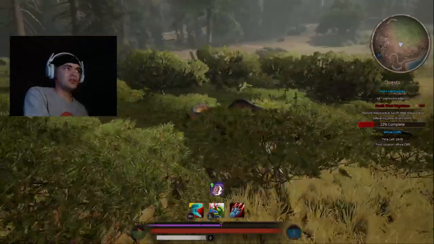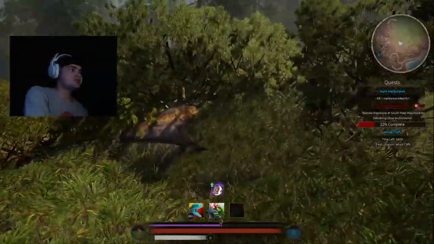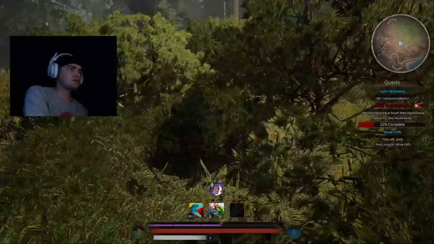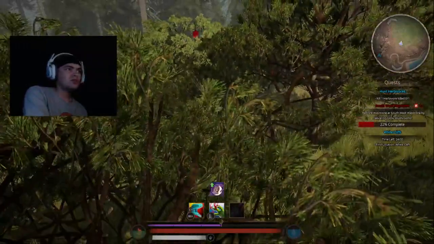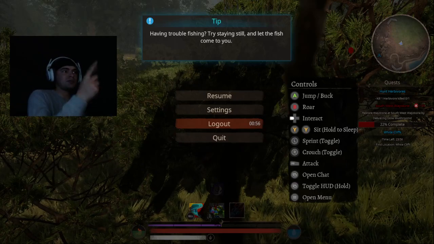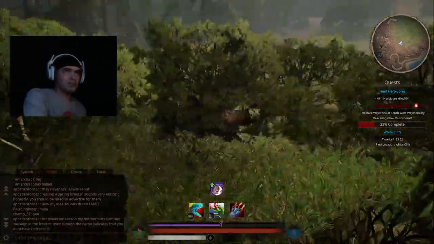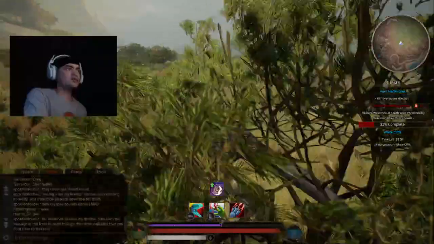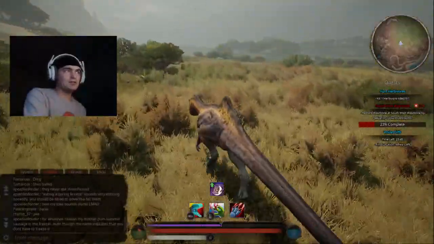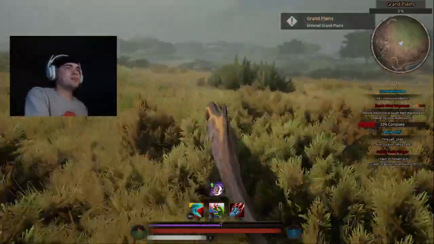So if you're running out of time and you're trying to log out, I would say get to the nearest bush like I am, hit log out, and then get out of the game. But if you can't do that, or if you can wait a minute to log out, I would wait that minute, because